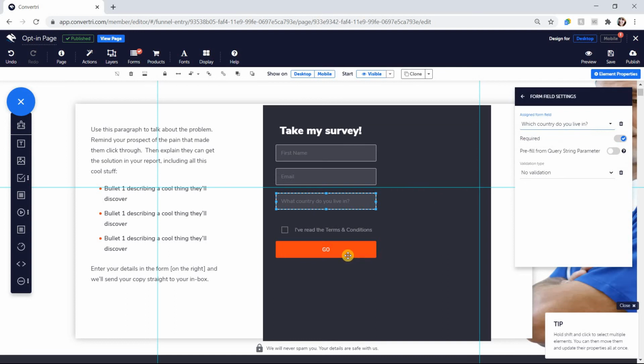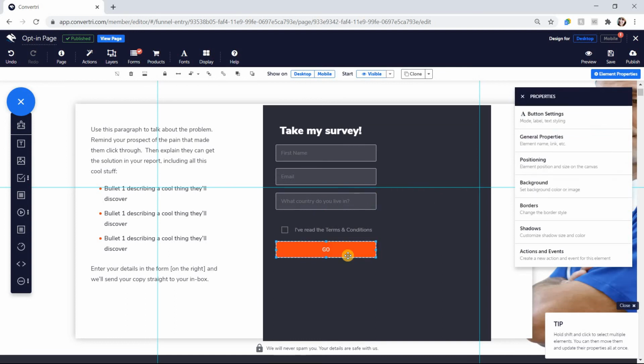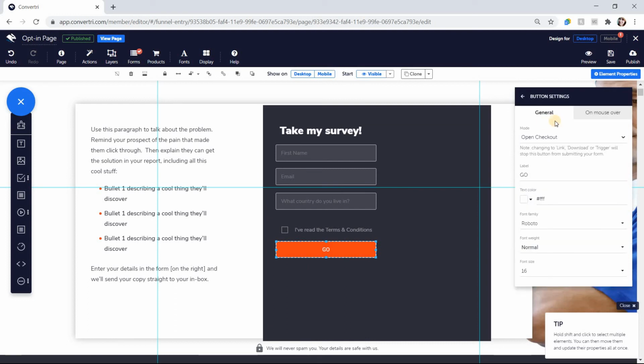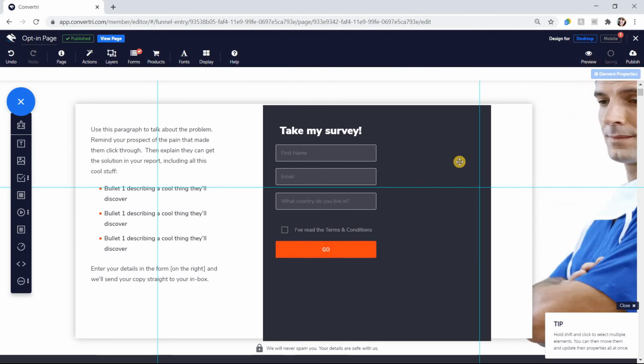Then select your Submit button and in the Properties panel, head to Button Settings and make sure the button mode is set to Sign Up. Finally, click Save and Publish. Try your form out by heading to your page